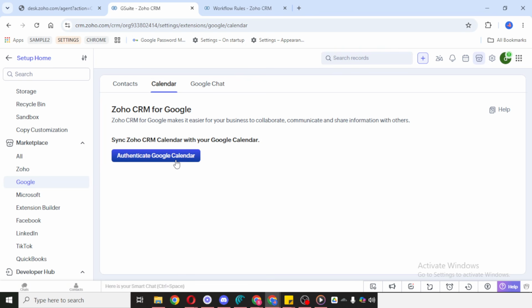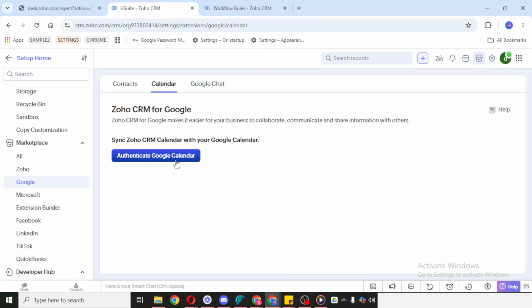When the Google Calendar page opens, click the Install button. This starts the linking process between Zoho CRM and your Google Calendar account. After clicking Install, simply follow the prompts shown on your screen. In most cases, you'll be guided through permission requests and confirmation screens. Read each prompt carefully so you understand what access is being granted. Then continue through the setup until the integration is complete.